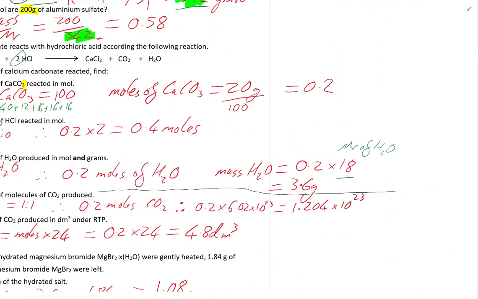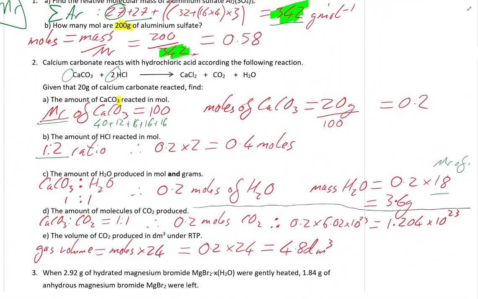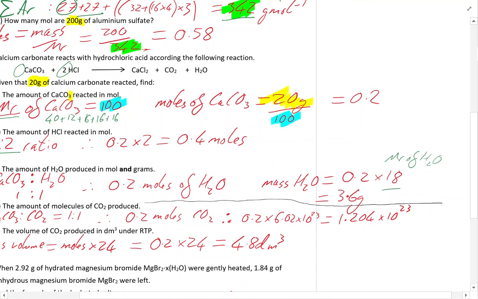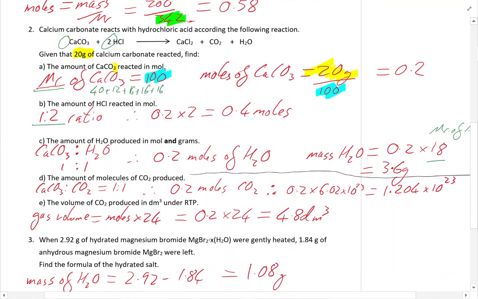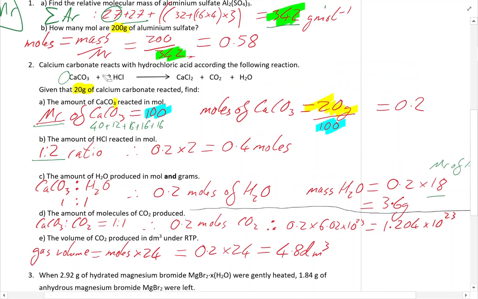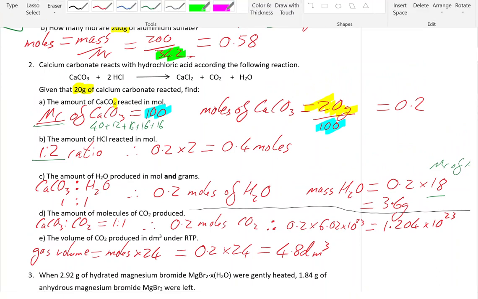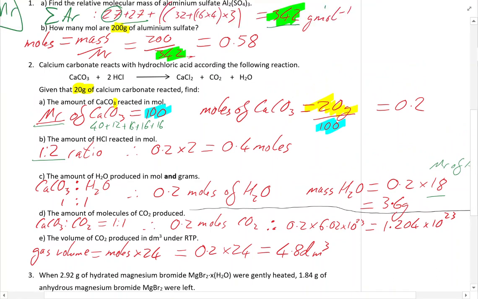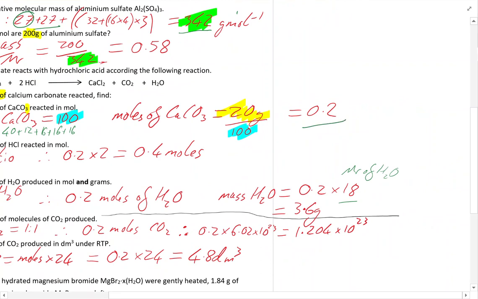And moles of calcium carbonate is we're just going to take that 20 grams and divide it by our MR, which you've just worked out, okay, and that should give you 0.2. Next question, B, the amount of HCl reacted in moles. Okay, so here the ratio is 1 to 2, in that we have just calculated the moles,